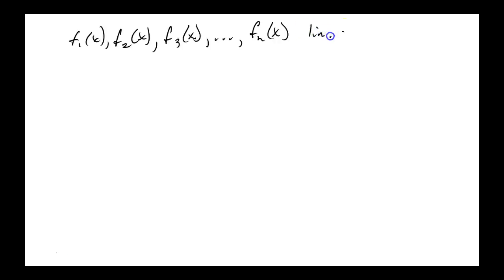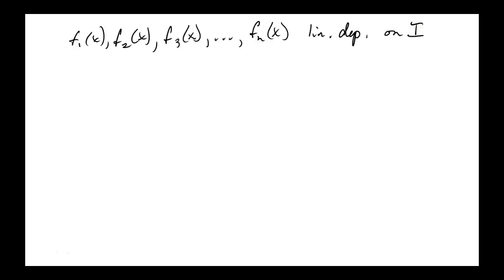Okay. Here's our definition 4.1.1. Linear dependence and independence. A set of functions f1 of x, f2 of x, f3 of x, I'll put one more than they did, dot, dot, dot, up to, now they're using n, fn of x. Those are just counters, okay? That's why they use integers. They're said to be linearly dependent on an interval I,